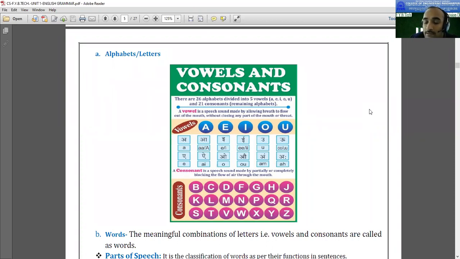Vowel कसे तयार होतात? जेव्हा आपण आपला जो ब्रीथचा फ्लो आहे, आपला श्वास जो आहे तो जेव्हा आपल्या तोंडातून फ्लो होतो आणि जेव्हा आपण तोंड बंद न करता जे शब्द किंवा अल्फाबेट्स किंवा लेटर्स उच्चारतो, ओके, तर त्या लेटर्सना काय म्हणतात तर वॉवेल्स म्हणतात. फॉर एक्झाम्पल